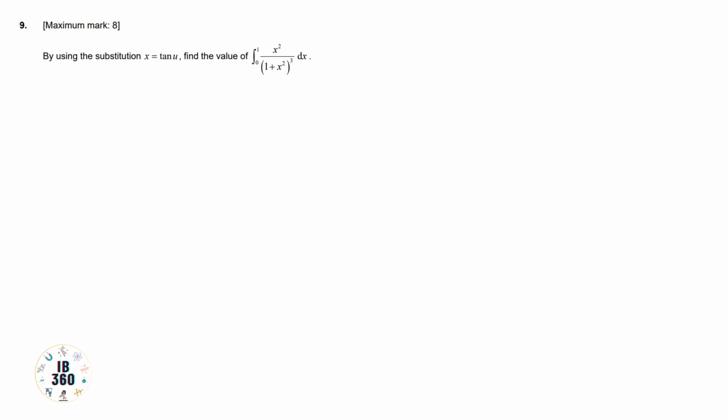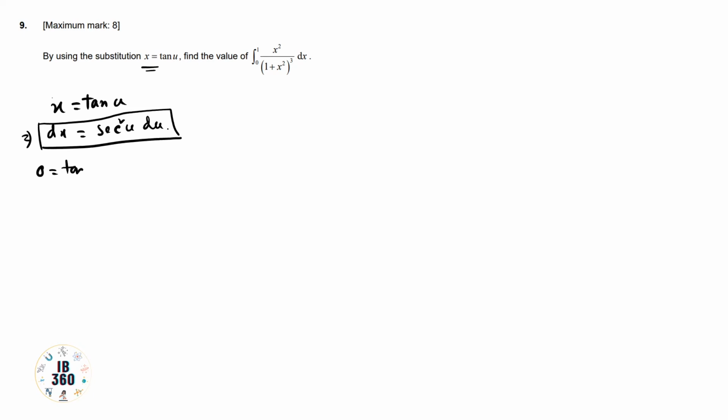First we have to substitute x equals tan u. So if x equals tan u, then we get dx to be sec square u du. So this is the first thing you have to remember. Now as the independent variable is changed, the range will also be changed, that is, 0 to 1 will be changed. When x equals 0, 0 equals tan u, so obviously u equals 0, and when x equals 1, equals tan u, obviously u must be pi by 4.